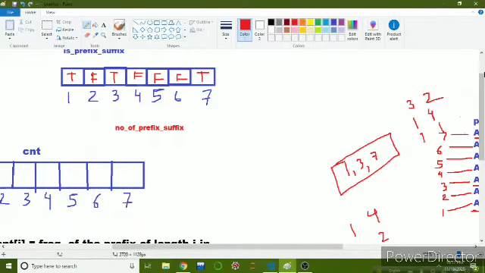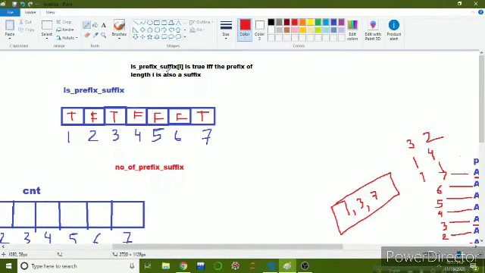And so that is prefix suffix I is true, that means the prefix of length I is a suffix. So if we can calculate this is prefix suffix array, then we can count the number of true values in this array and that will be the answer of our first query.